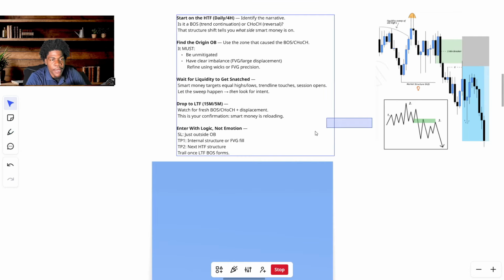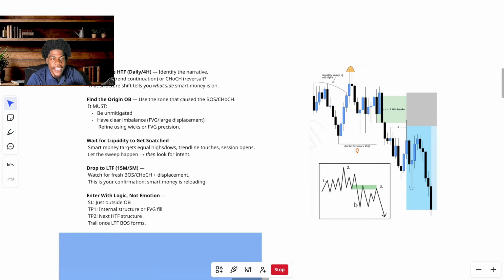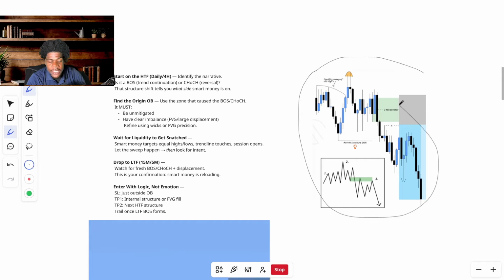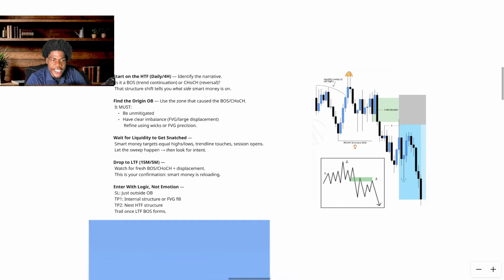Let's go over this model right here. The first thing is that we have to find a higher time frame zone, like I stated before. This model may happen on the 3 minutes, as you can see right here, or the 15 minutes, or the hourly. It just depends on what type of trader you are. Me personally, I'm a scalper, so my higher time frames are the 4-hour and the 1-hour. Those are the time frames that I usually use to develop my bias,